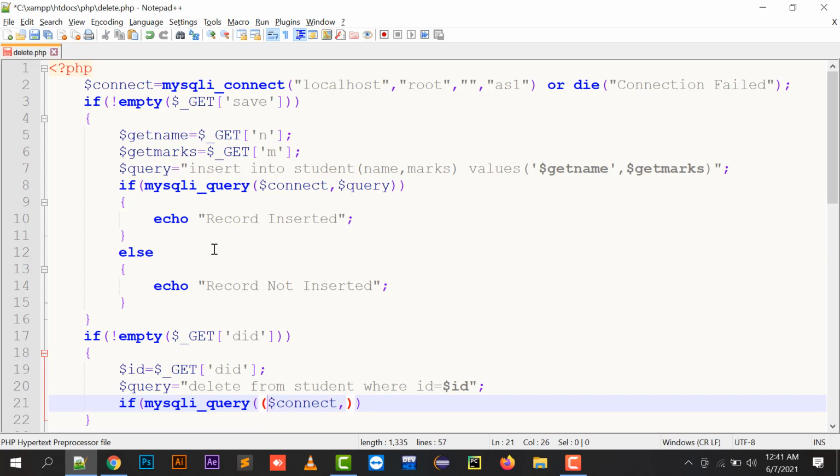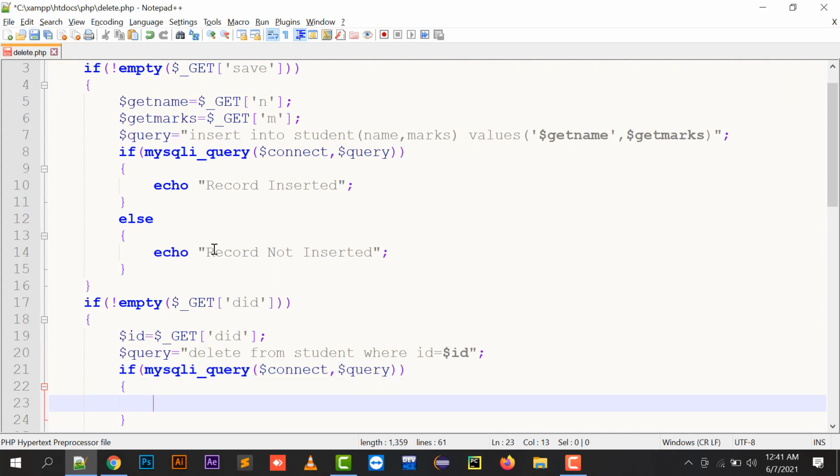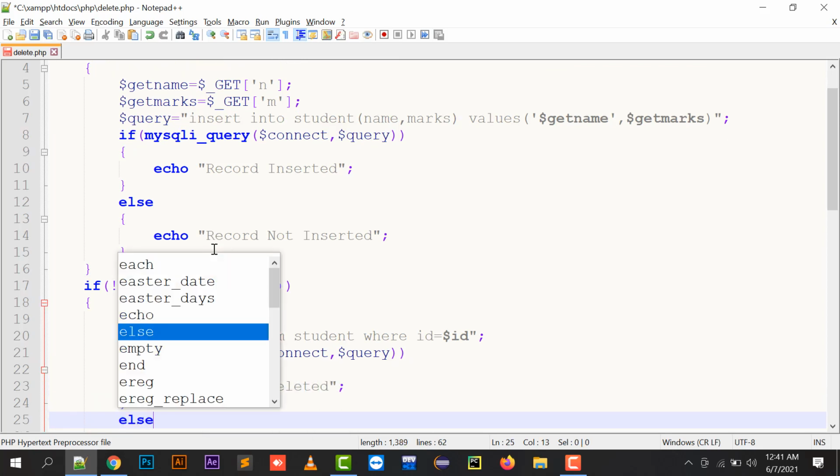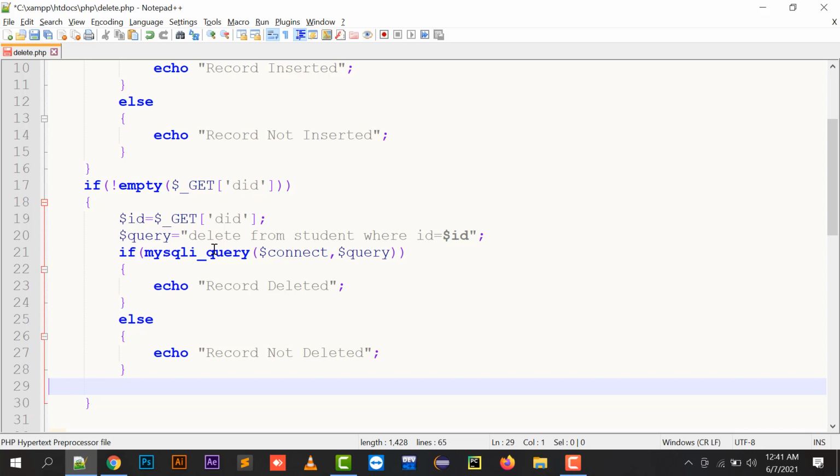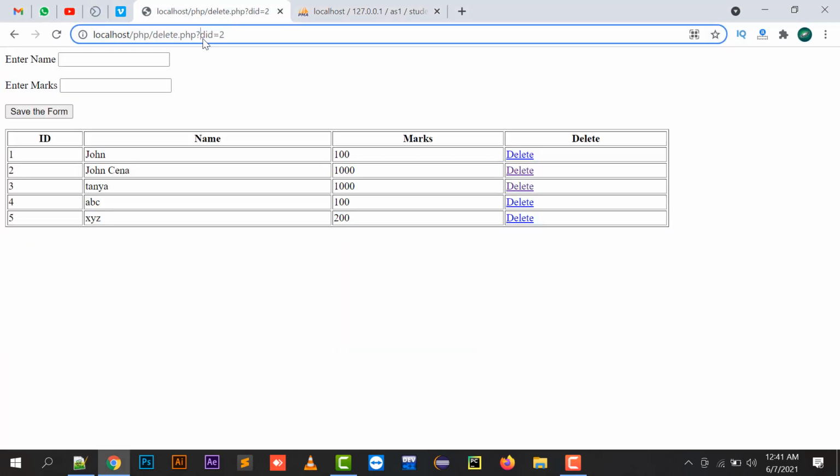So if mysqli connect query, echo record deleted, else echo record not deleted. So this will be my final query: delete from student where id equals to id. If this query has been executed, the message will display as record deleted. Otherwise, the message will display as record not deleted.